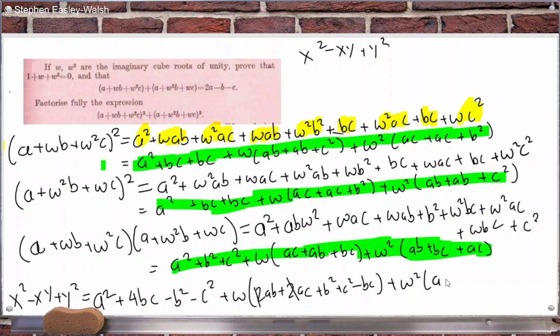So you're left with AC plus AB minus BC plus B squared plus C squared. AC, AB, B squared, C squared, minus BC. These two brackets are the same. That's really nice. So now what I can do,